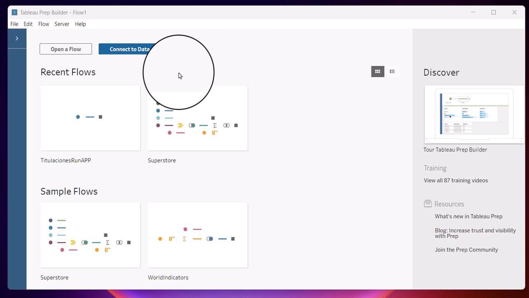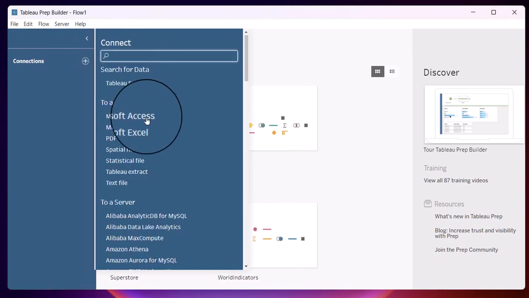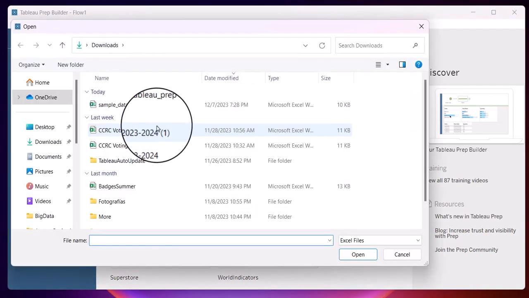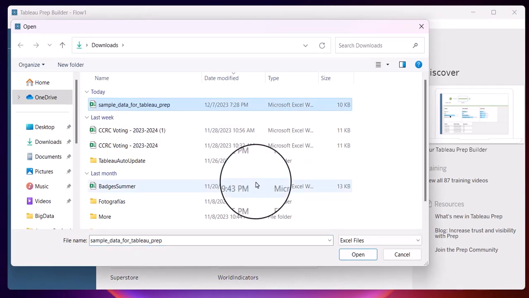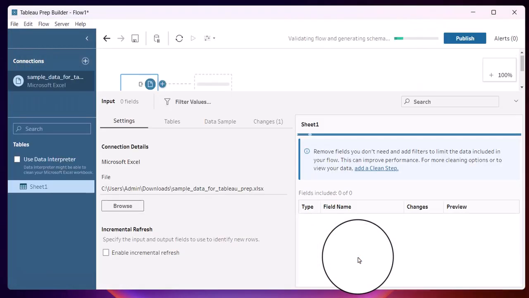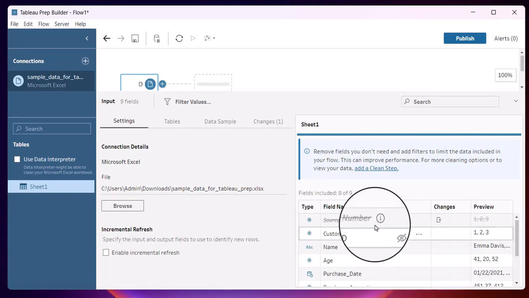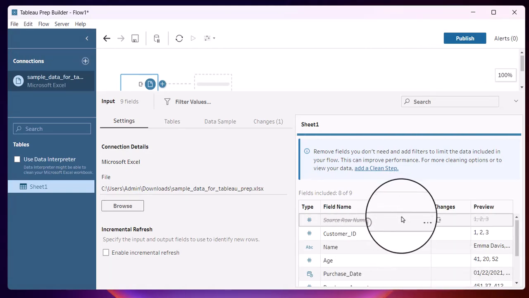Plenty of functionality, but this short video only includes basic introductory steps to not only connect to the data, but to perform a few cleaning steps that you usually go about. So let's connect to the sample data file that I have formatted in Microsoft Excel. Again, I created this using ChatGPT. This file brings in missing values, casing issues, formatting matters, and perhaps data types that are also not set up